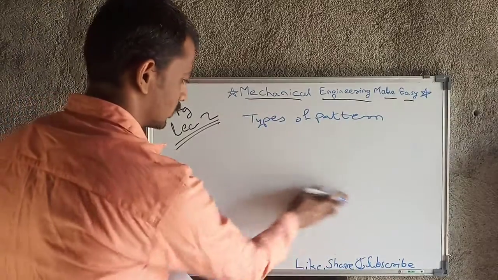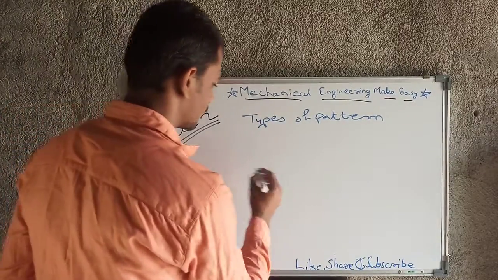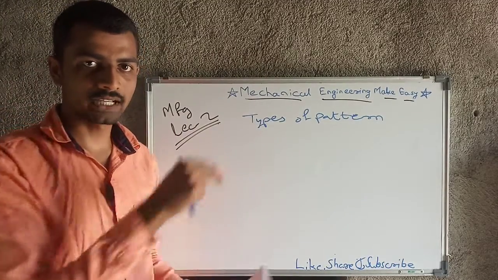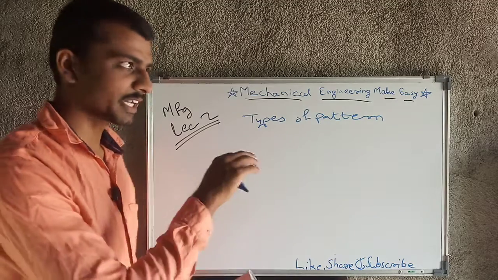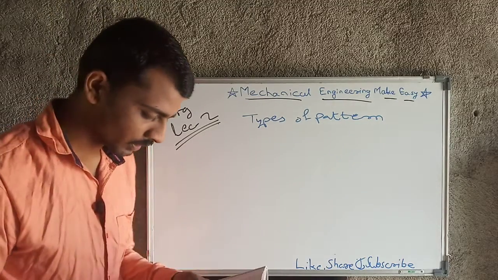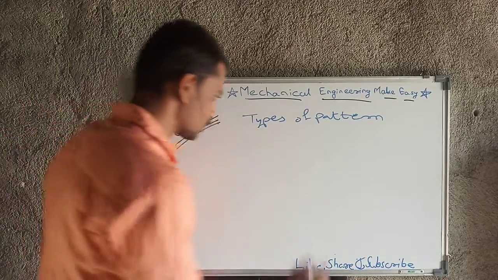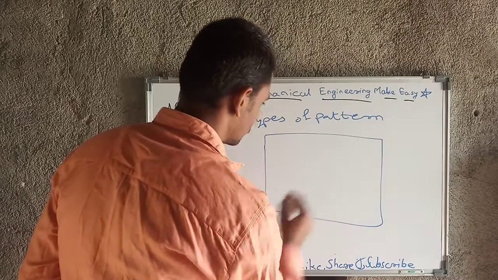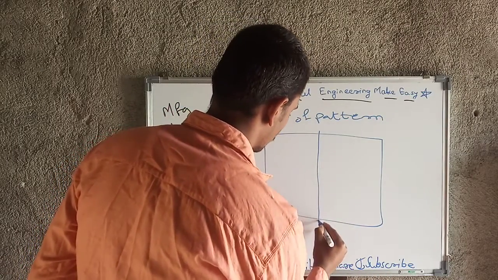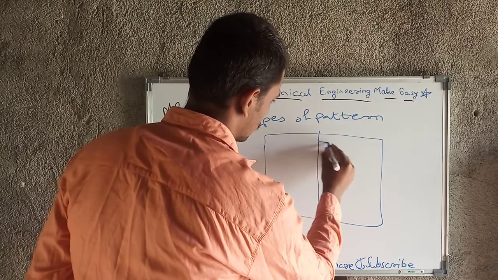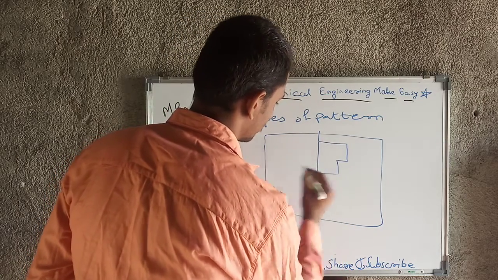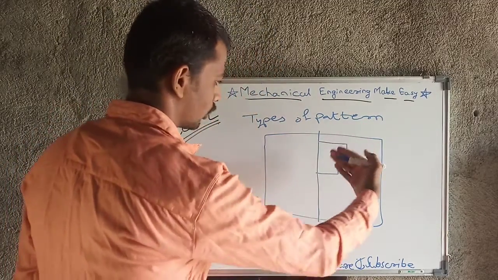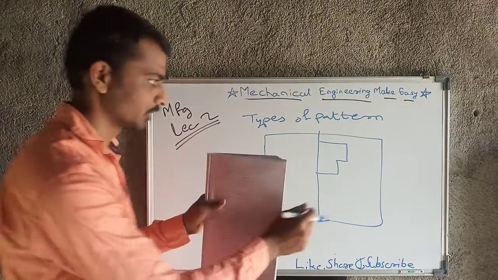Then match plate pattern. The match plate pattern is nothing but the cope and drag pattern, or two piece split pattern. That same pattern we can call a match plate pattern also. It is the same case but the names are different only. Then there is sweep pattern. What is sweep pattern? I will give you an idea. This is one mold box, one axle will be connected here, and for example this is the shape we have to make. So what will happen is, we will only have one steel or paper like structure of this pattern.